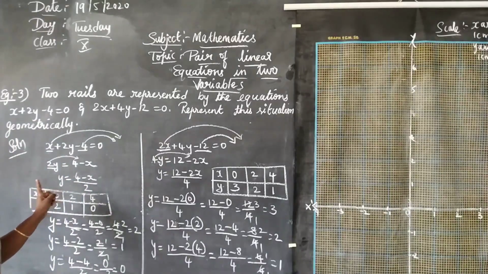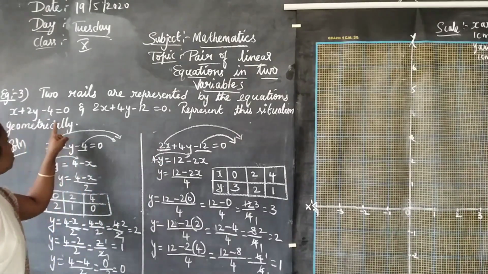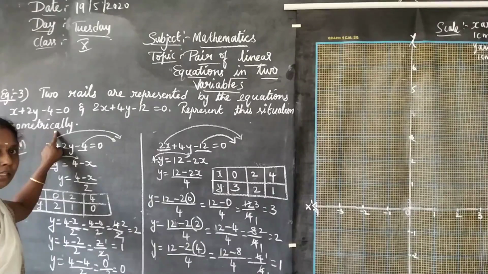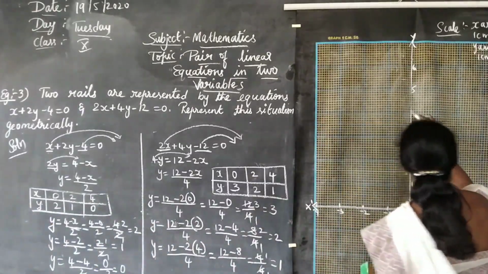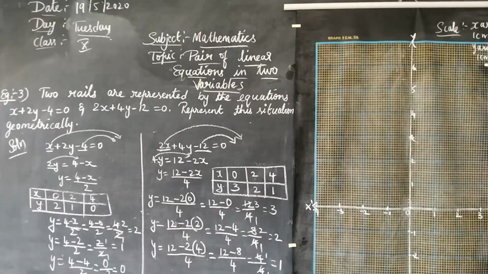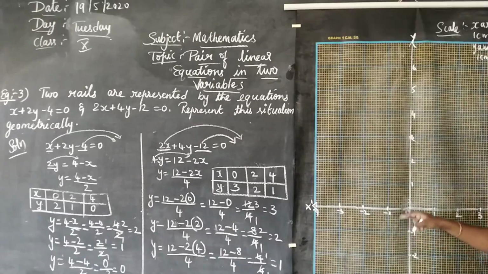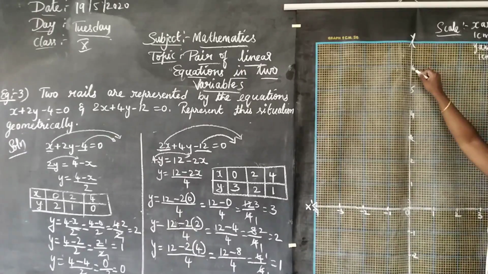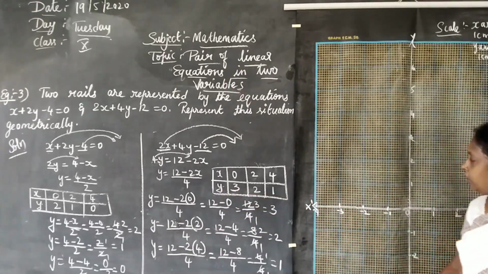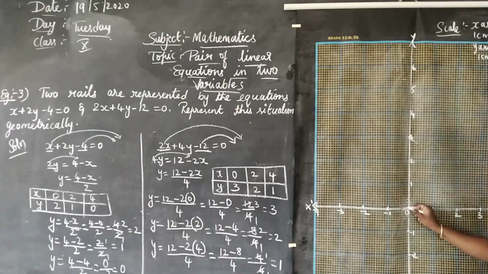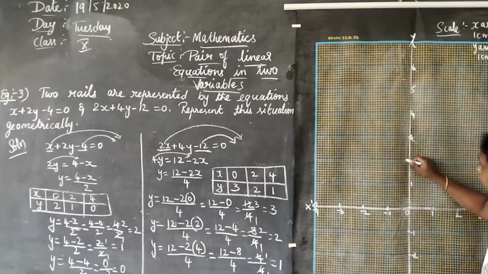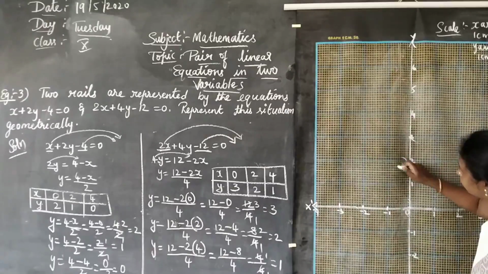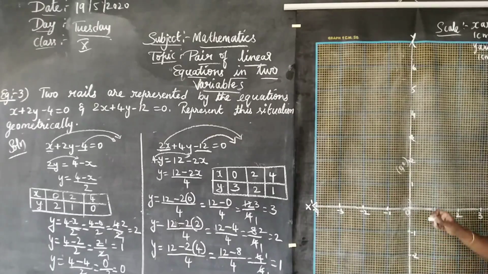So now let me plot the same thing on the graph and show how to represent it geometrically. Okay, so come to the graph. As I have told, on the x-axis 1 centimeter is equal to 1 unit. In the same way, on the y-axis 1 centimeter is equal to 1 unit. Is it clear, children? Let me plot the first graph. What is the value of x? x is 0, origin. y is what? 2. So I should go up from 0 to 2. So my first point is (0, 2). Clear?